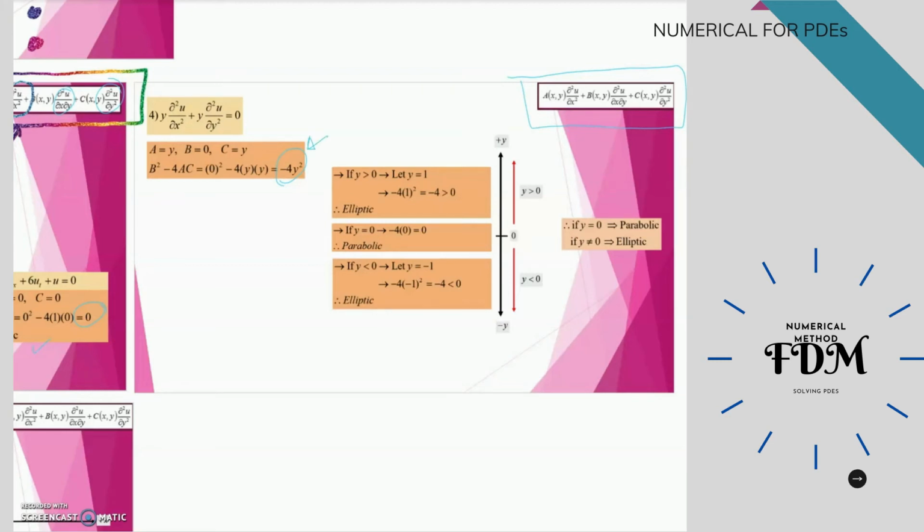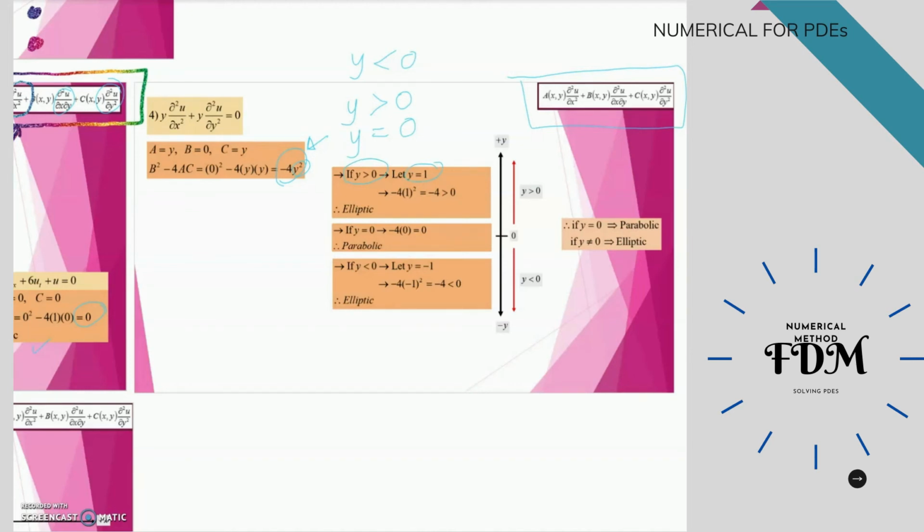So let us check whether y is greater than 0, what happens if y equals to 0, and what will happen to your equation if y is less than 0. Let's say y greater than 0, so let us choose y equals to 1,